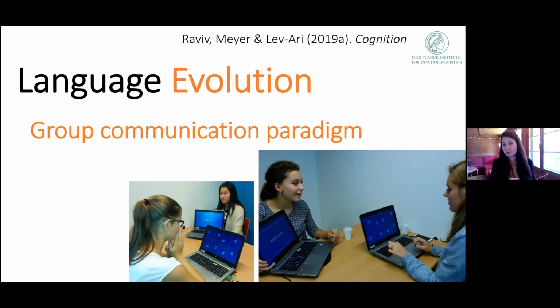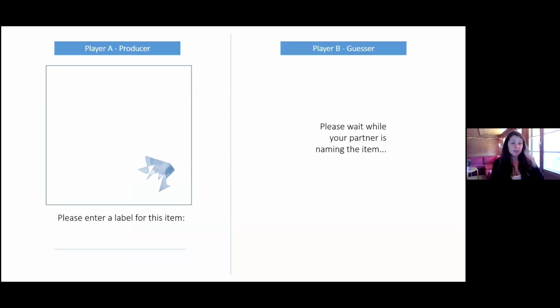I'm going to show you how a typical interaction between two people in the group looks, so you get an idea. So here's what it looks like. One participant, the producer, sees a shape moving on the screen in a given direction. Now they need to provide a label for it. Let's say the person calls this wape. If this word is legal, that means it's not in Dutch or English or any other language our participants know,